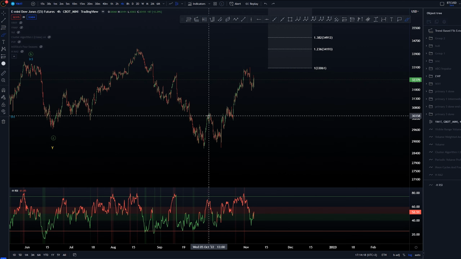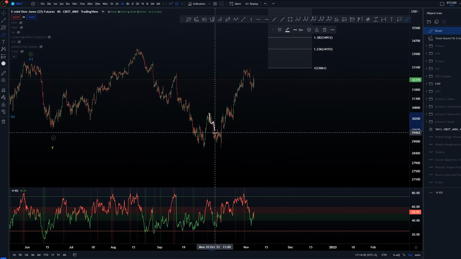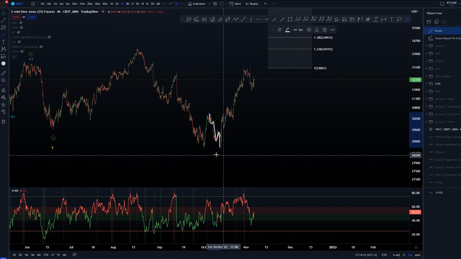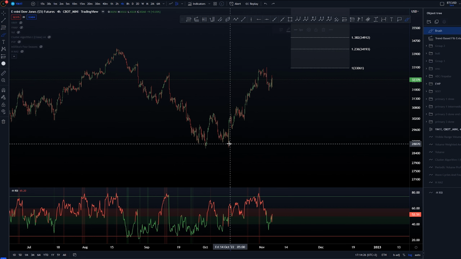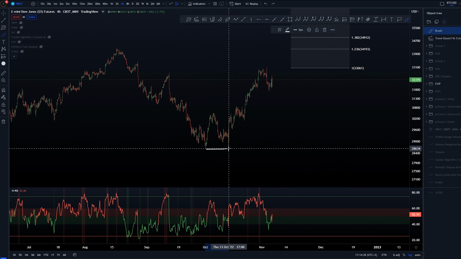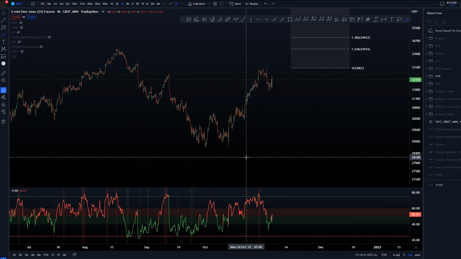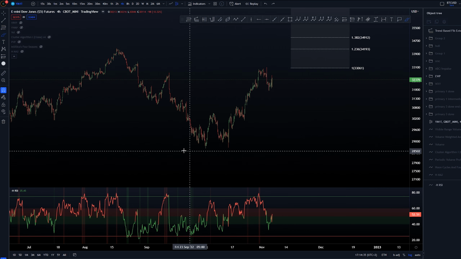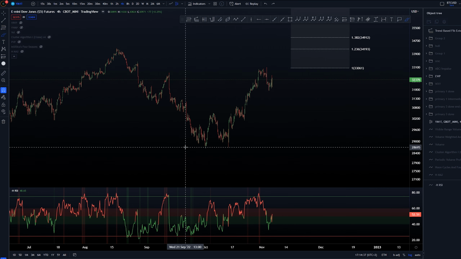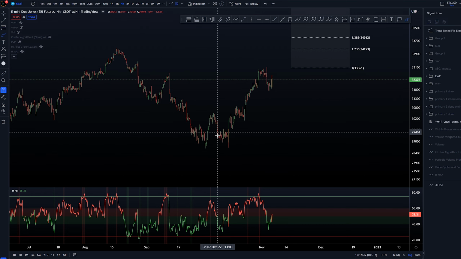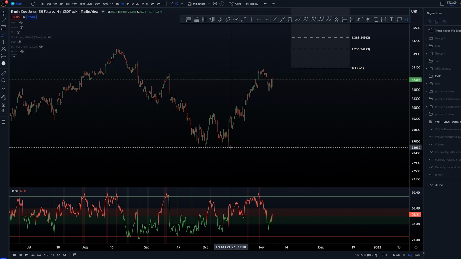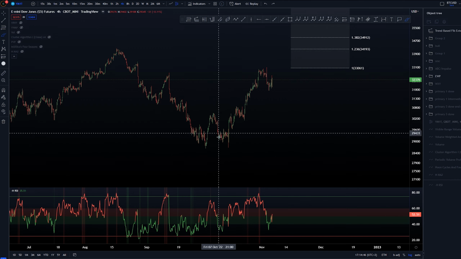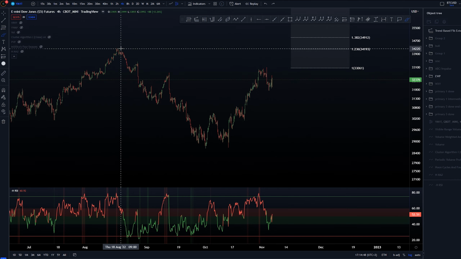So in this case, the scenario I have is where we have this as a five-way structure. At least it looks the best here. We would have to have a truncation here against this low that we put in place. That is something that I don't really like doing, but I feel like this is the only index where that has happened. So if we are comparing to the rest of the indices, I feel like we'd have to be saying that it is done as a five-way structure in here with a truncation, unfortunately.